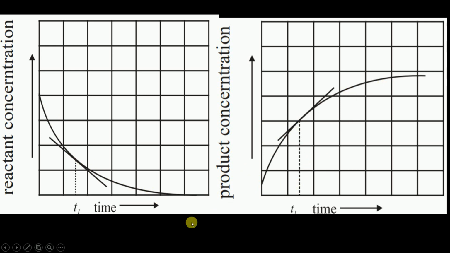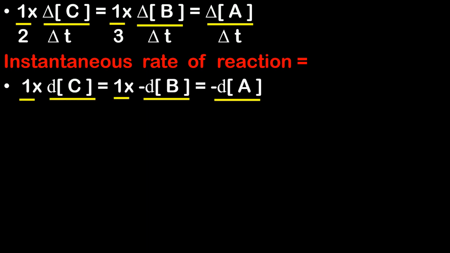Now let's say that you want to know the rate of the reaction at time t1. What you are going to do is draw a tangent at this point to the graph, and with the help of this you are going to find out the rate of the reaction. The only change in the formula is that instead of delta you are now going to have d. d indicates the concept of derivative. As far as I know, in your syllabus you need not derive and find out the answer. Instead, they will give you the instantaneous rate of reaction, and depending on that, they might ask you certain different questions. So there is no need for you to worry about this.